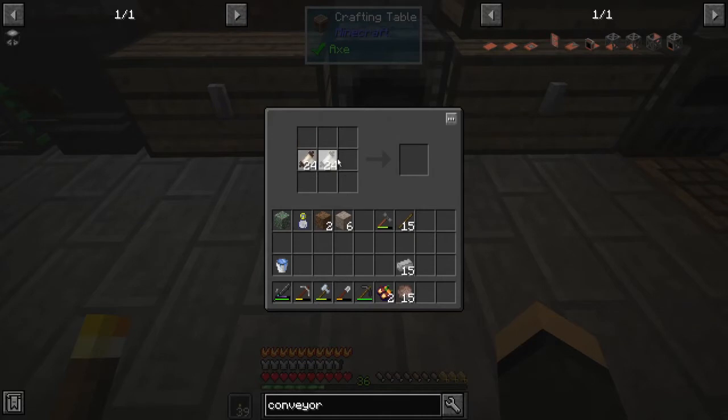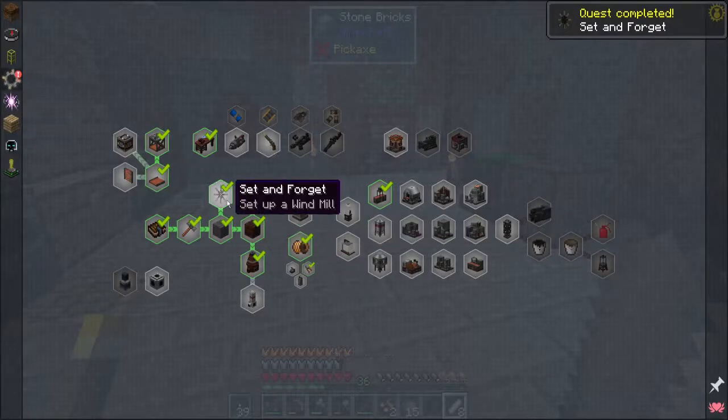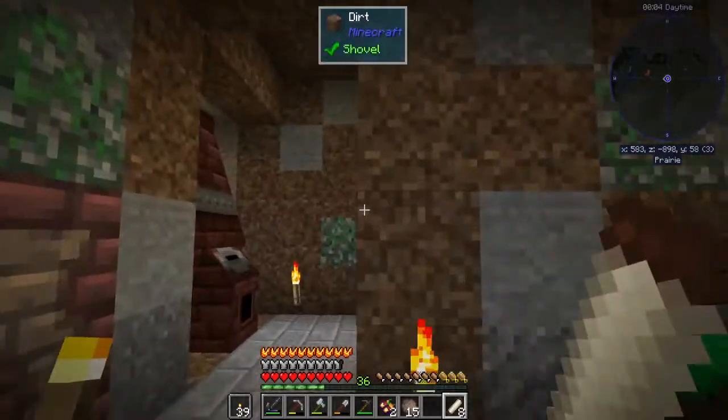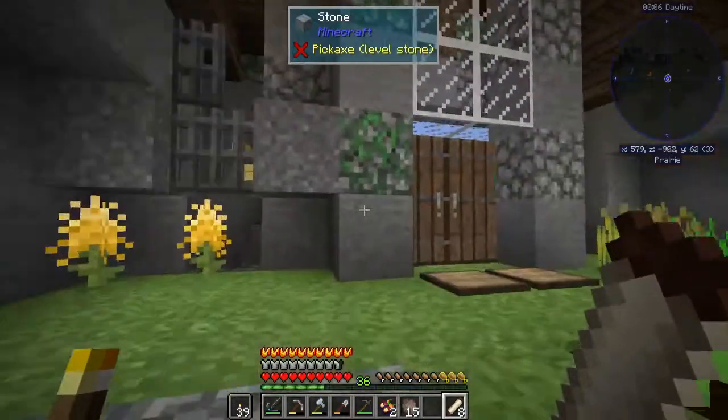Dang it. Let's try it again. There we go. 8 windmill sails. Set and forget. No reward for that either. But seeing as this is our main source of power right now,